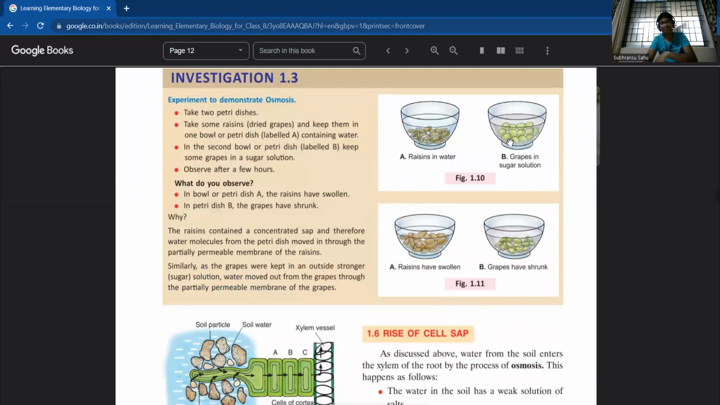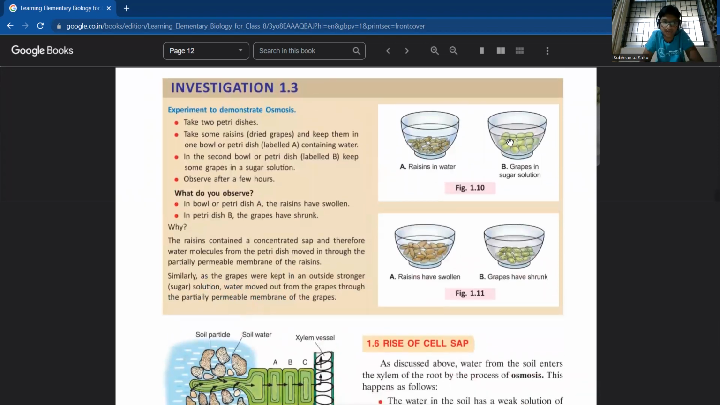Now, investigation 1.3. Experiment to demonstrate osmosis. Take two petri dishes, and in one we should put raisins, and in the other one we should put grapes. We have to keep them out for a few hours. What we observe is that in a bowl or petri dish,